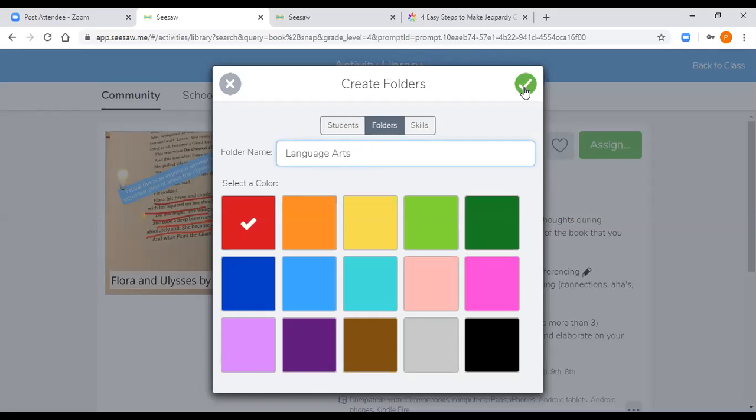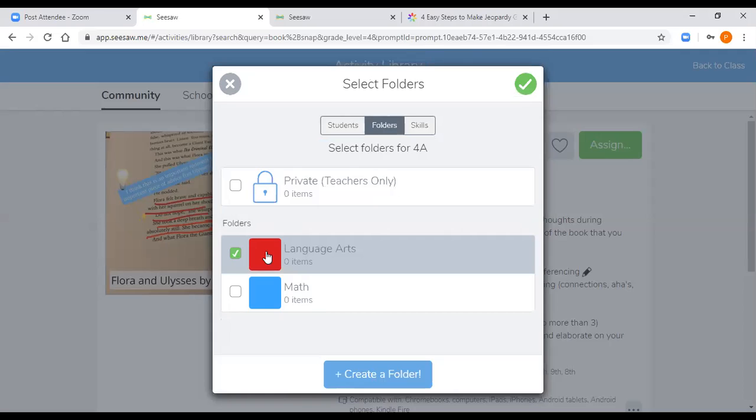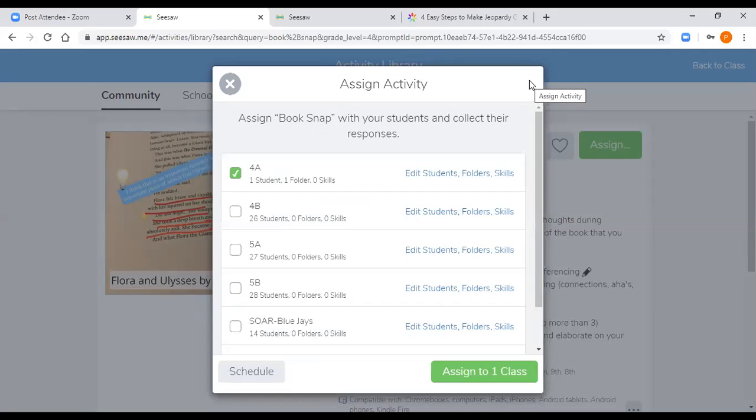Right? So I create a language arts assignment, and now I know that I want that assignment to show up in language arts. And so then that's it, I'm done. It's assigned to only the sample student, right? And then those kids go into that, as they finish that assignment, it goes into that folder? Yes, and they don't even know it. They just submit